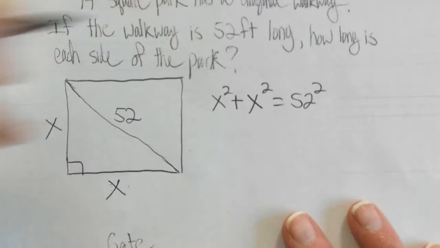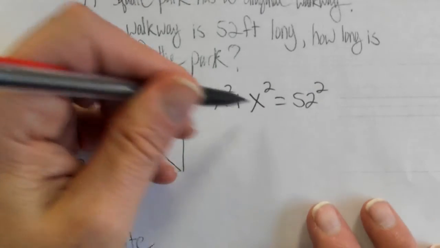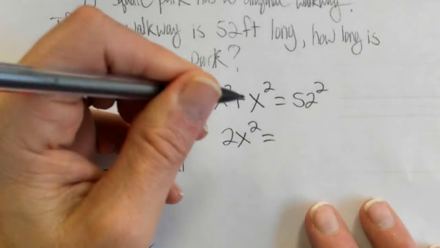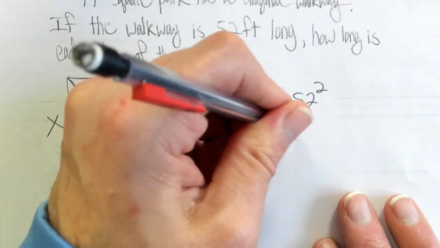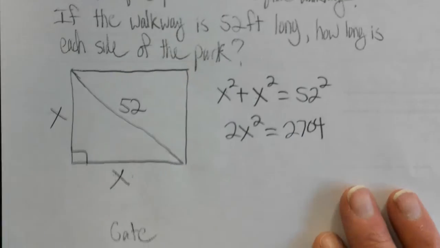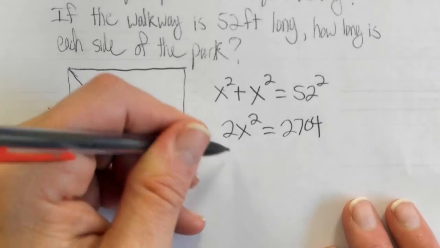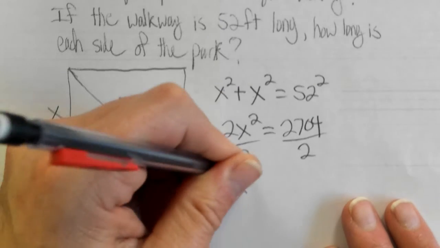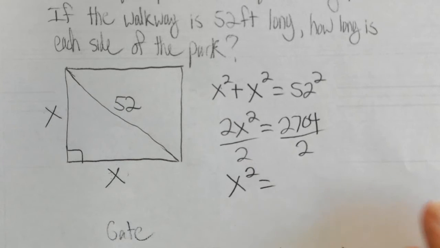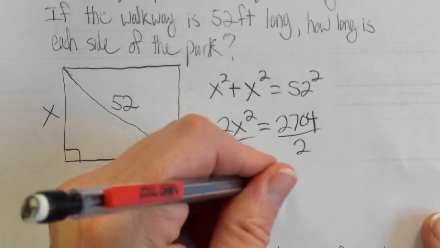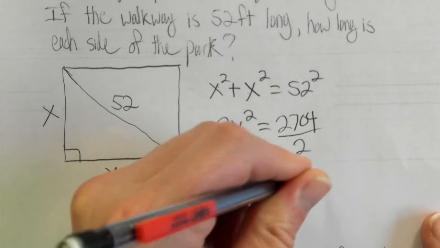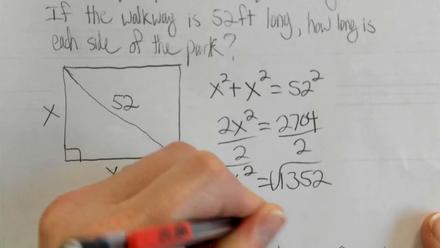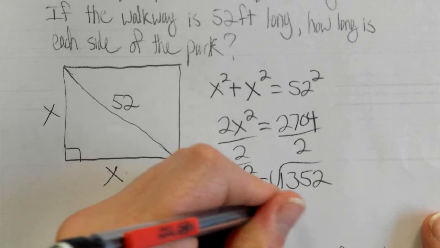52 squared. Now what's x squared plus x squared? 2x squared. What's 52 squared? 2704. What do we do now? We're trying to isolate the x squared. We're going to divide by 2. So I got x squared now is equal to, that's going to be 1352. And I'm ready to take the square root of both sides. So that now I can get x equals